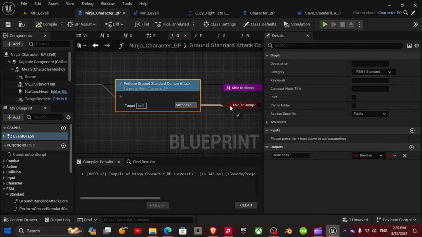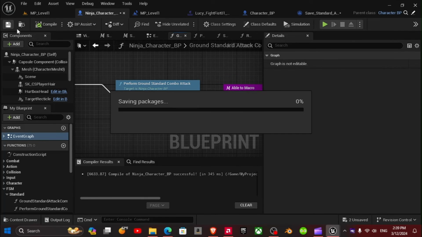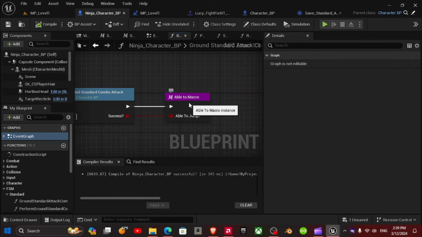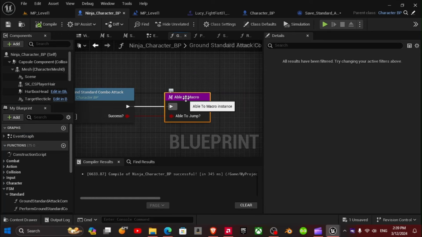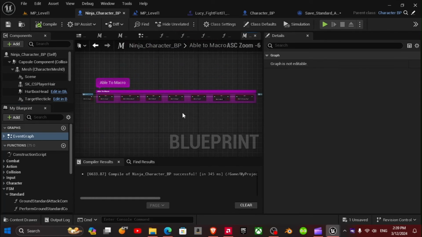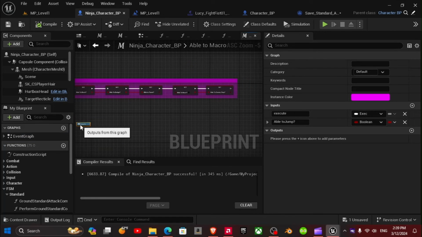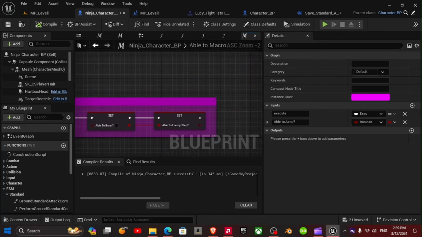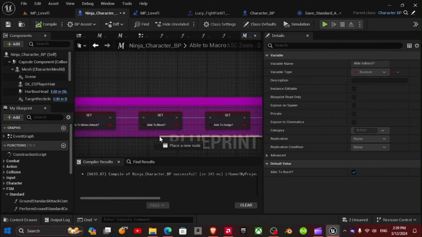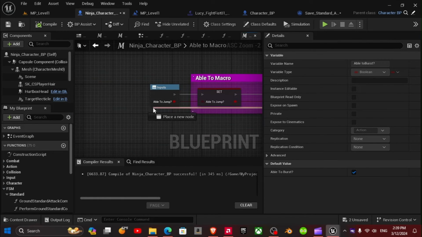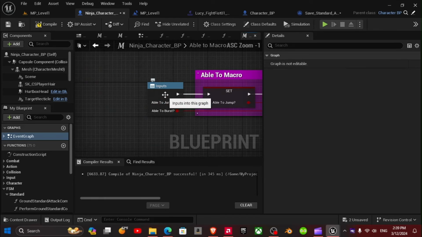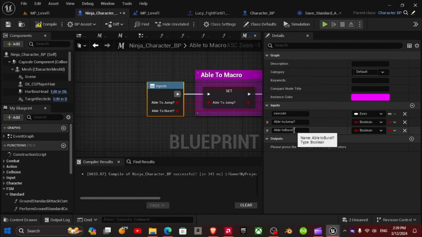Nope. Can't do it without this. Oh, by the way, this is the macro version of Ableton. It uses the same thing as the function version, except you don't move. You can do everything else besides move while doing stuff like attacking.